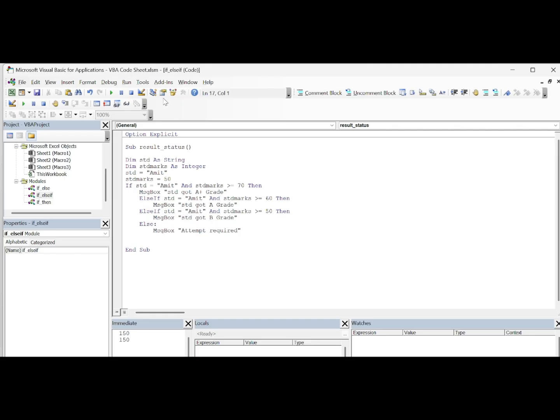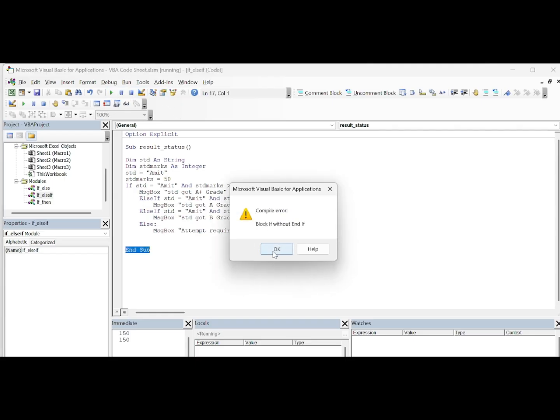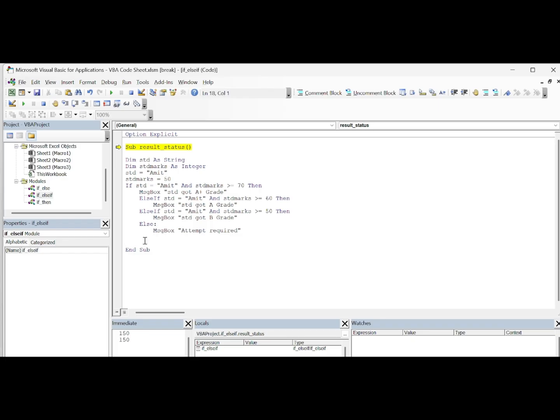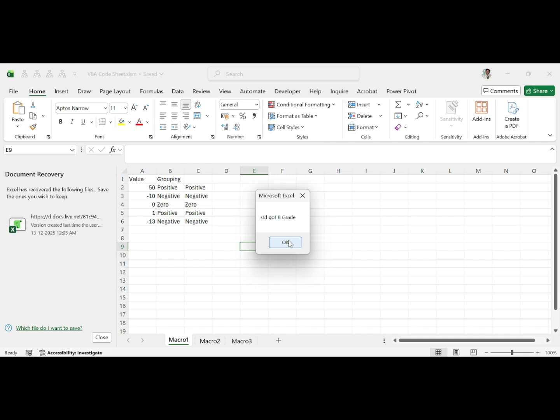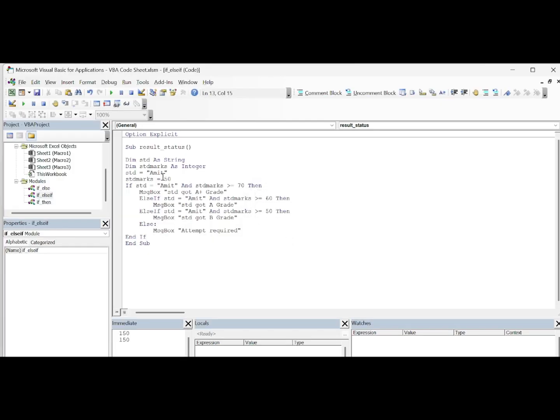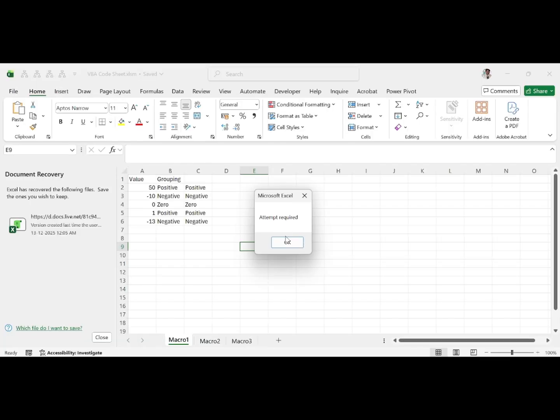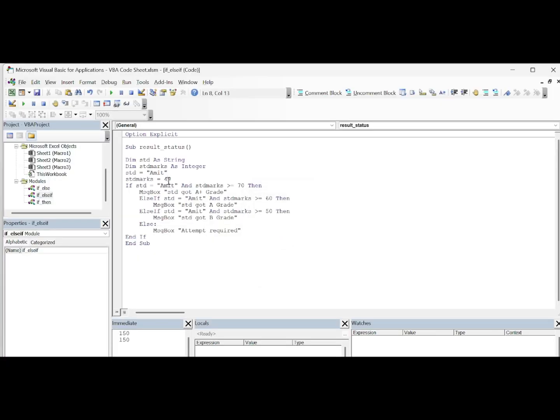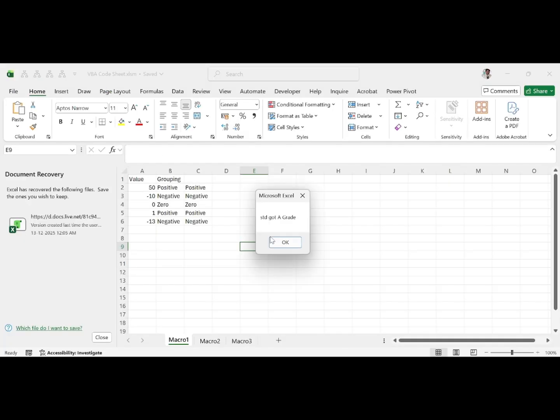Okay, if I run this code, what will happen here? The compiler blocks if, because I have not written end if. This is end if. Now run this code, got B grade because this is just answer 50. If I write here 49, then attempt required. And if I write 60, then this time